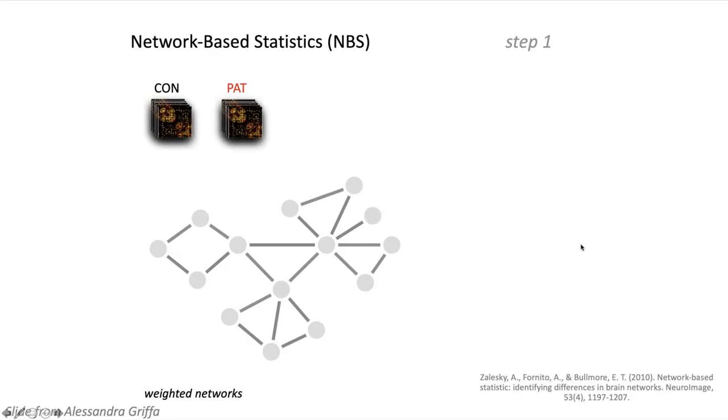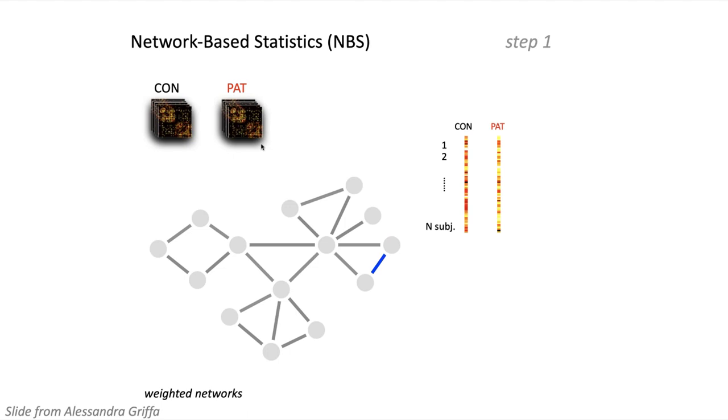All right, so let's dive into what is network-based statistics, because we often want to do some statistics on a network, but we have so many links that we are often overwhelmed when we want to compare differences between controls and patients. So let's think of this as a weighted network. We have the weighted network of a bunch of controls and a bunch of patients, which we will have in a second actually, really in MATLAB. And then we want to compare them. When we compare now every link with each other, we would actually have so many different links that once we do like a